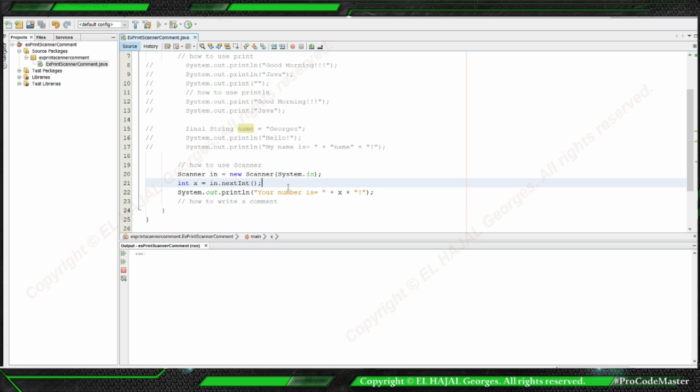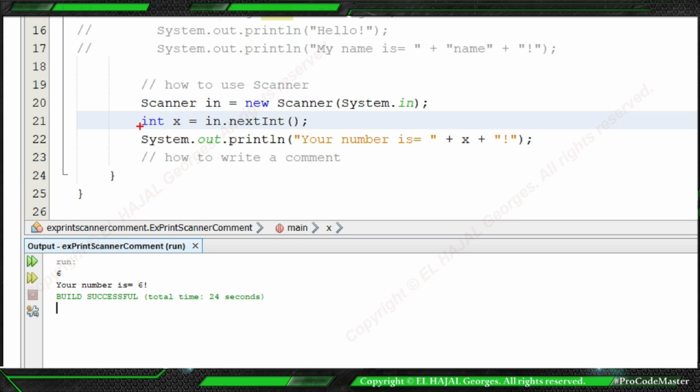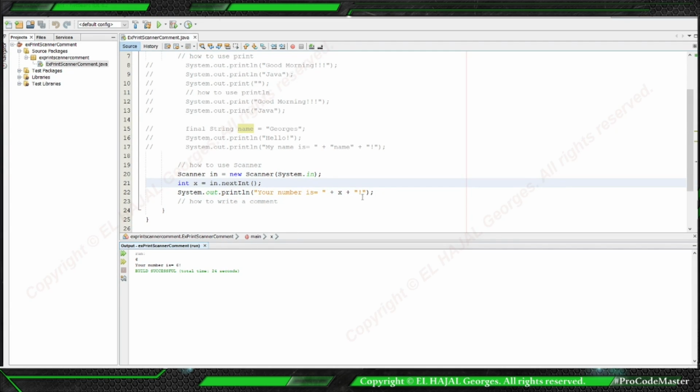For instance, now the program is running and it is waiting for us to enter a value. So I'm going to enter a value to make it run. As expected, I enter the value and the output was your number is 6, the one that I have entered. So it is normal